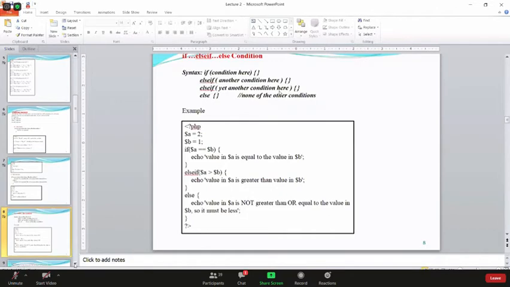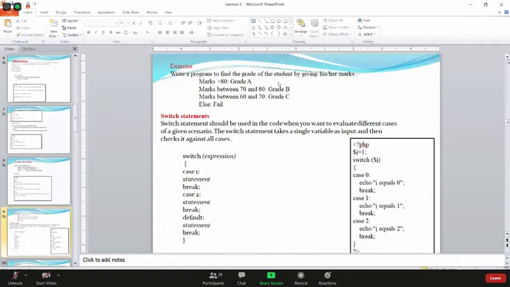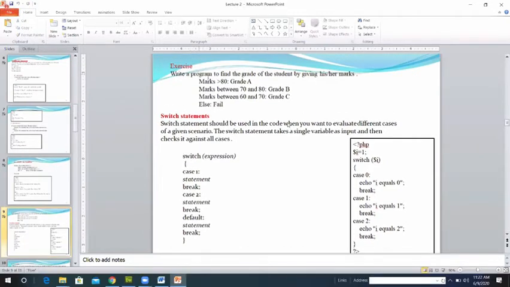Then move on to the next one, the exercise. I think you can do it at home. Write a program to find the grade of a student by giving his or her marks, using if else statements, in PHP.